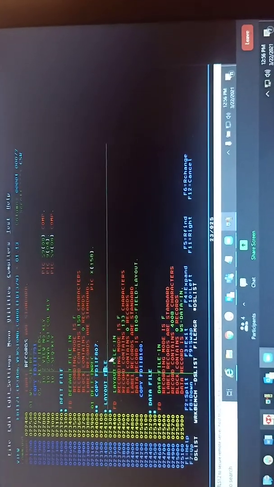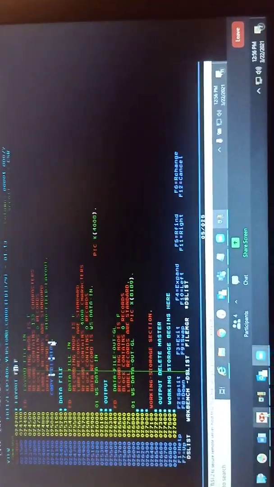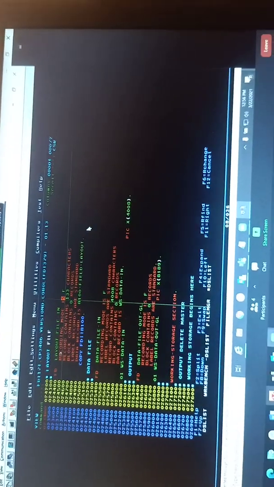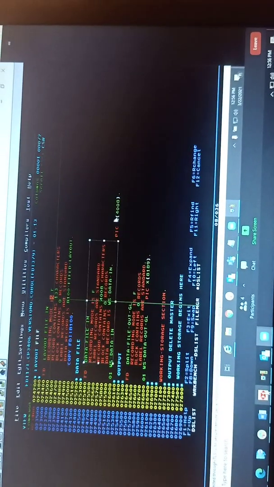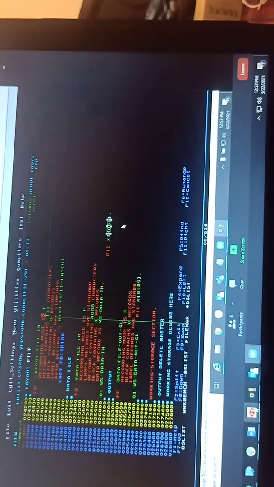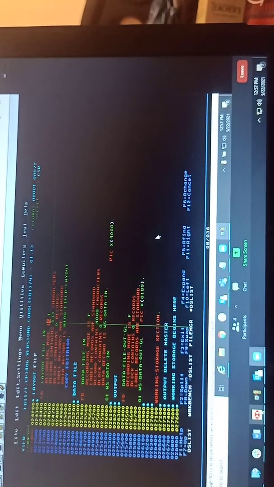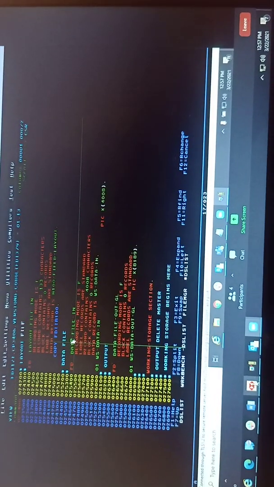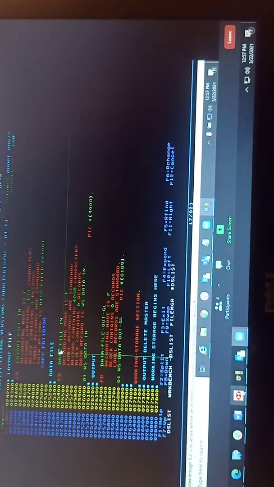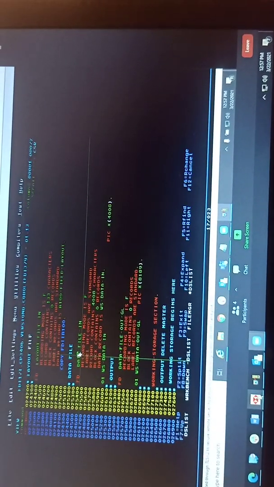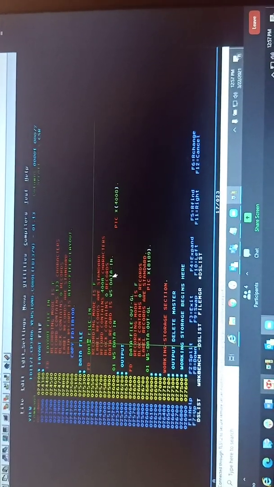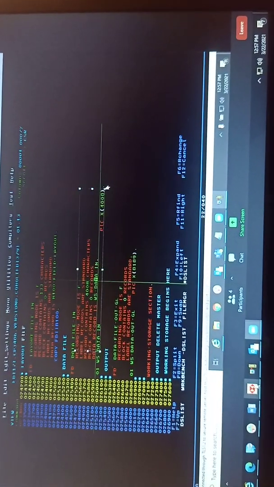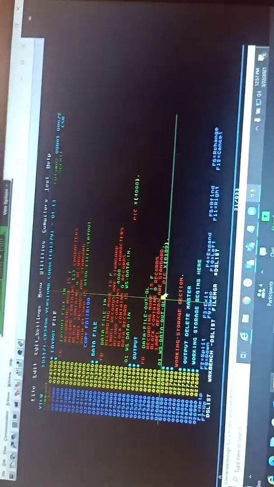Okay. Need to update the layout file name. Here, I think the layout file is also a PS file, so no need to update the layout file as well. Need to change the input file length and output file length. That will be given by, I think, the input file for part. Okay, fine. So you have to change the input file name, file length and output file length here.